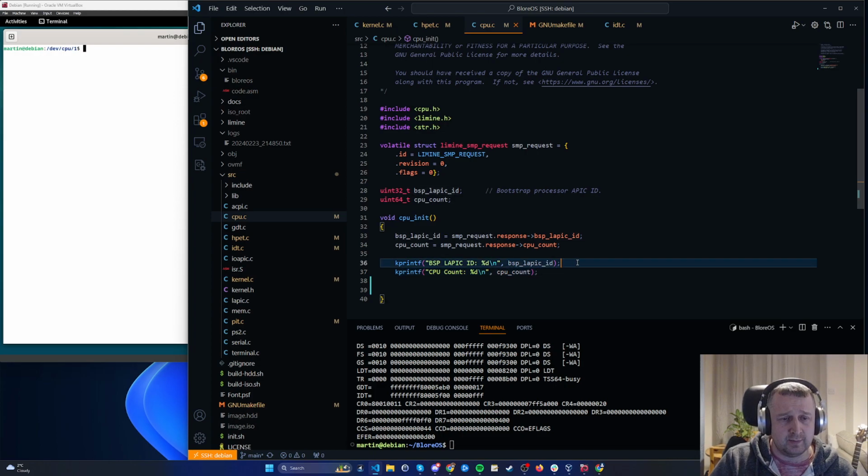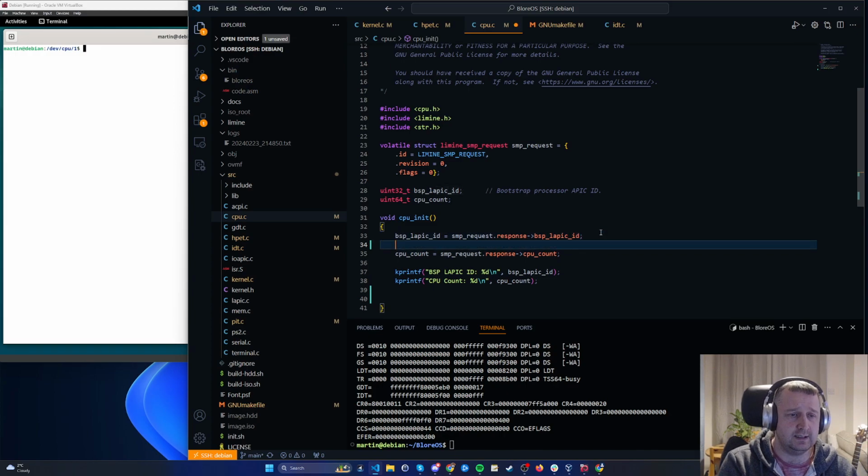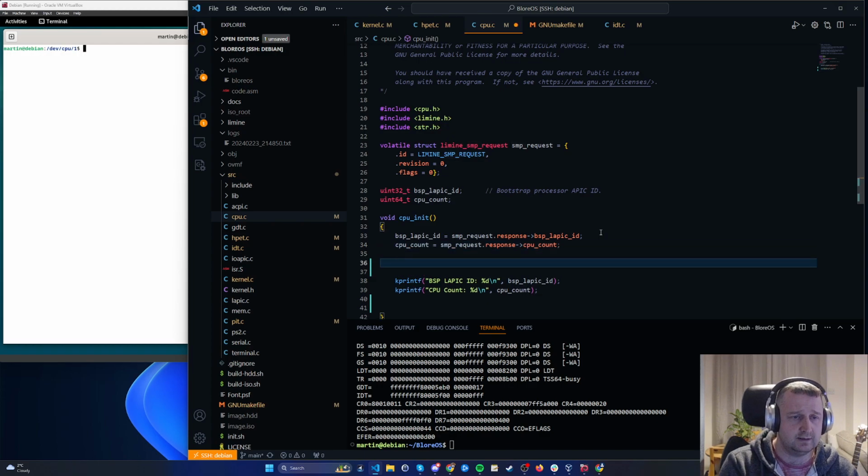And what's really important about the processor IDs are these LAPIC IDs, because that's what is unique to each processor. So in this struct that we get back from this request object,